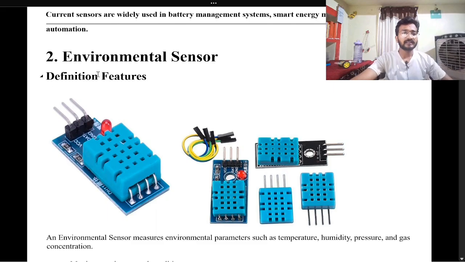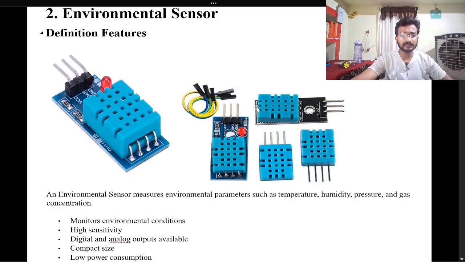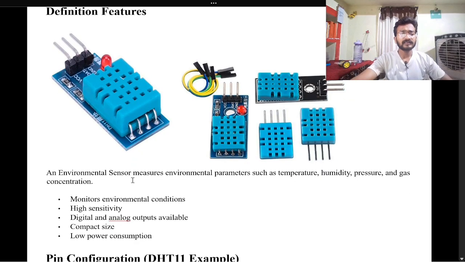Now we have our next sensor, which is environmental sensor. This is the physical appearance of this sensor. An environmental sensor measures environmental parameters such as temperature, humidity, pressure and gas concentration. By using this sensor, you can measure the temperature, humidity, pressure and gas concentration in the environment. This is one of the most useful sensors you should definitely know, and you can make lots of embedded projects